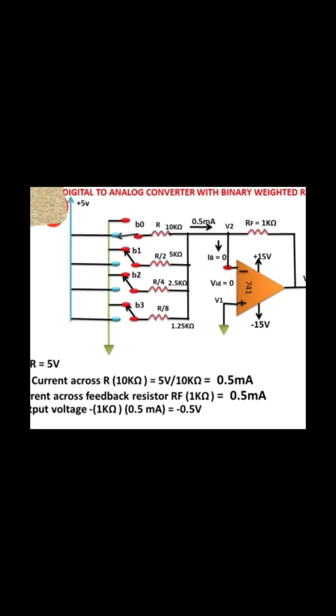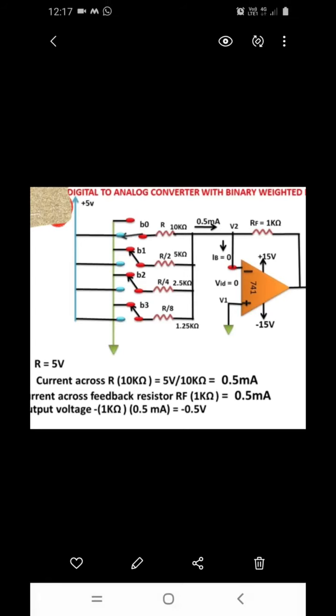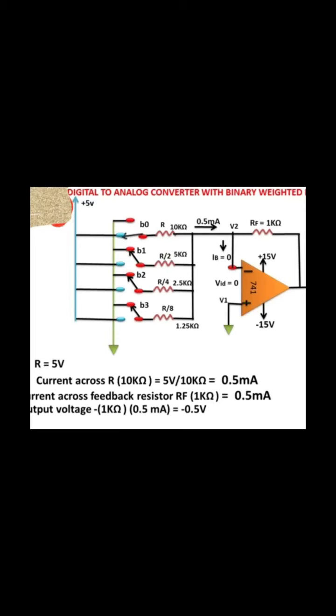So this doubles the output voltage. Hence output voltage V0 is minus 1 volt when switch B1 is closed. If both switches B0 as well as B1 are closed, then the current through RF will be 1.5 milliampere, which will be converted to an output voltage of minus 1.5